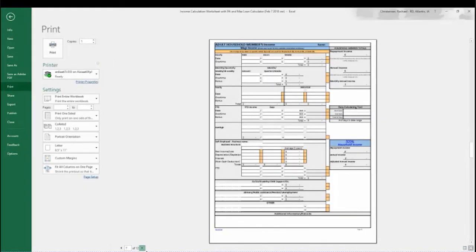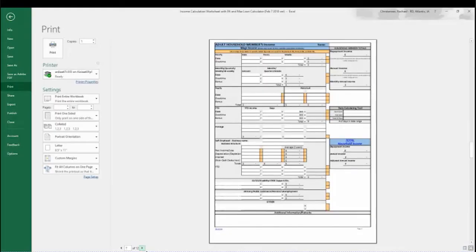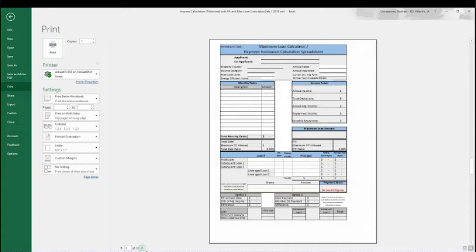Or if you have additional income information for the applicant or co-applicant that you need extra room for, you can also use one of these pages. And we'll talk about that a little bit more in detail later. Next, you can see the Payment Assistance or Maximum Loan Calculator. And that's followed by the cosigner information.